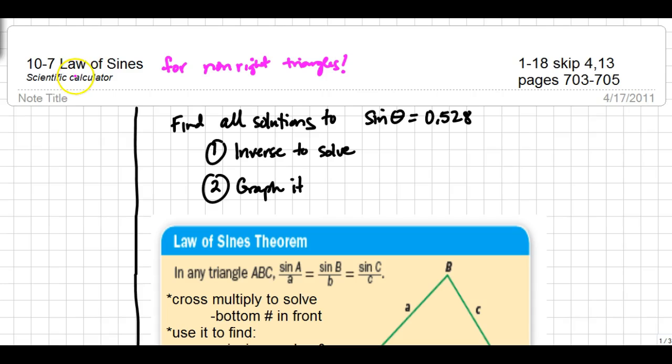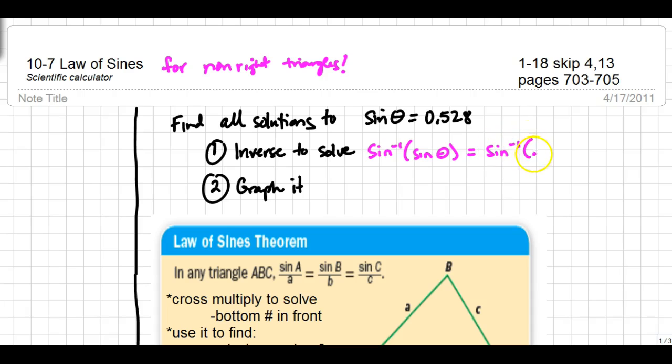Before we get into the law itself, we need to do a quick review on how to find solutions to a statement like the sine of theta equals 0.528. If we're trying to solve for theta, one of our options is to find the inverse to solve. So if I do the inverse sine on both sides,